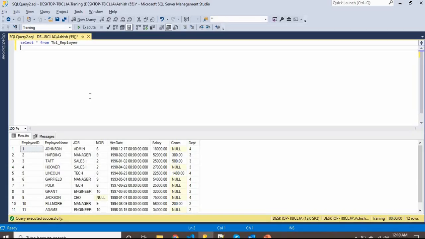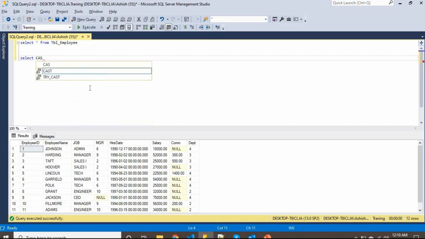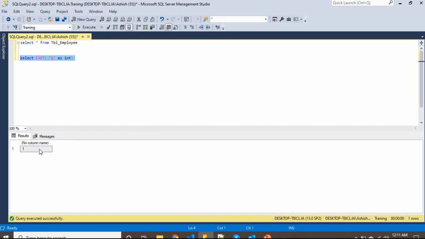When you use cast, it is very simple: cast, open the bracket, then write, suppose, 1 as int. Then select it and execute. See, this value is coming as an integer type because I have converted it here.